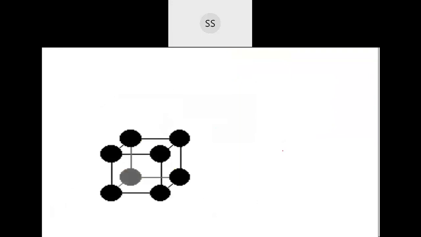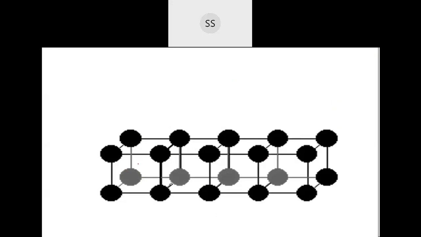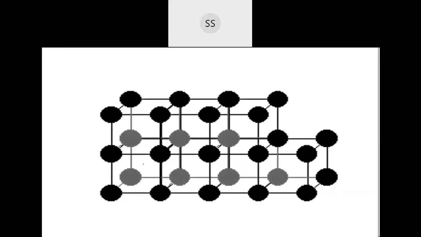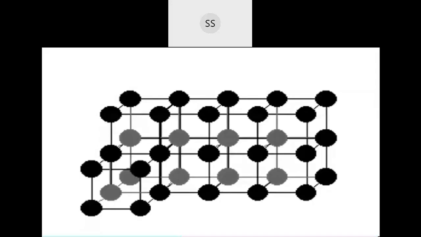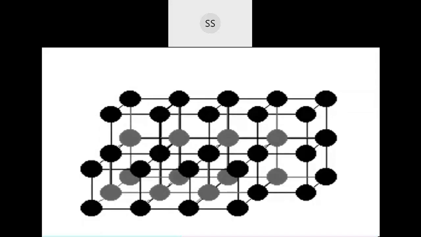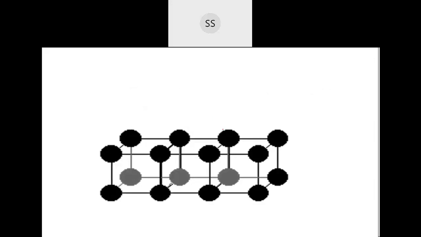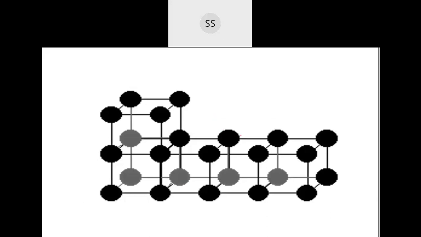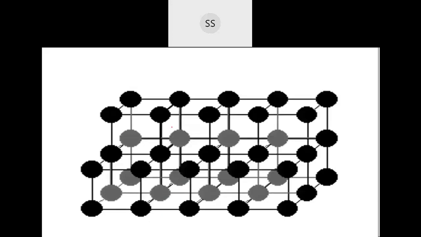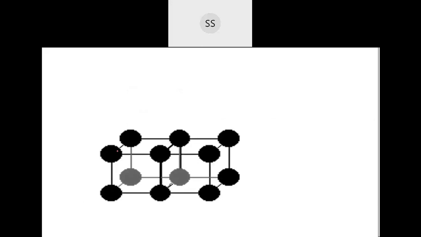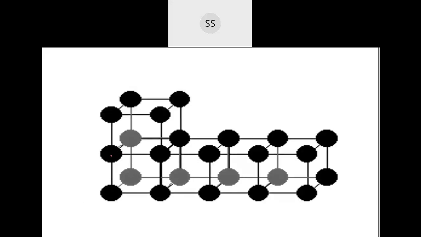See, now here I have put the picture. You can see in the beginning there was only one thing. Now that one arrangement is getting continuously repeated, giving you this bigger structure, which is the crystal lattice. I believe it is understood. Just let me know whether you are able to follow what a unit cell is. A unit cell is the smallest portion. When you keep stacking it one after the other, you will end up getting the whole crystal lattice. And each and every point over here represents the constituent particles.